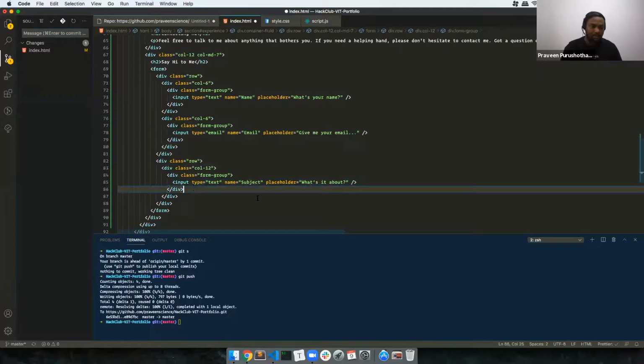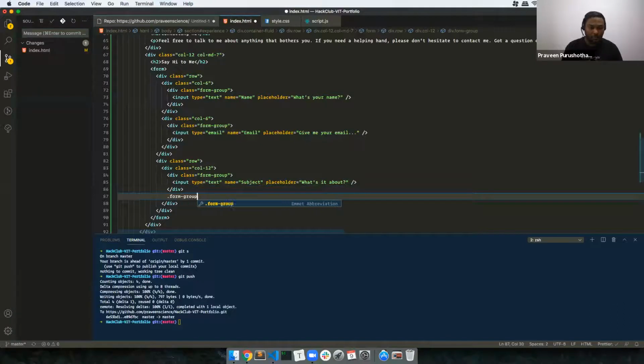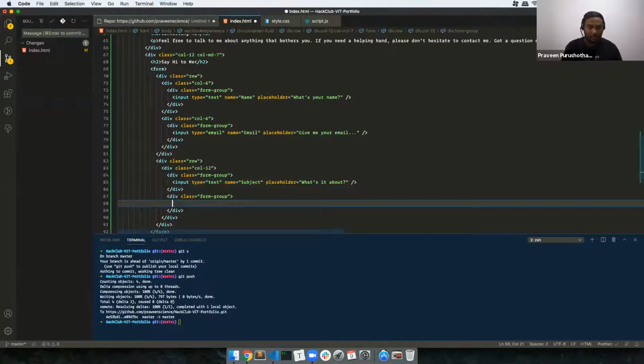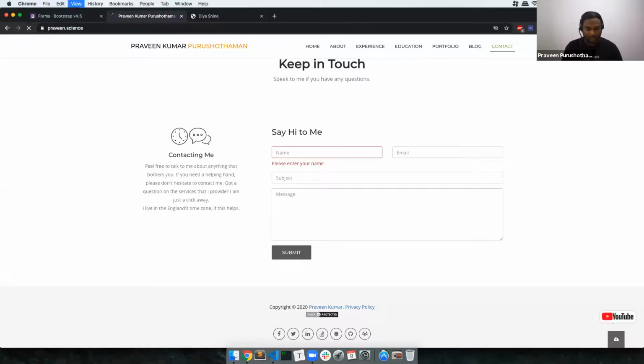And then along with this, another form group and textarea, message, placeholder: Tell me about it in detail. Something like this. Okay, so if I refresh this page, oh,